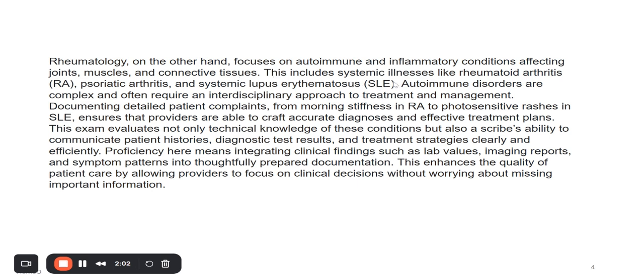This includes systemic illnesses like rheumatoid arthritis, RA, psoriatic arthritis, and systemic lupus erythematosus, SLE. Autoimmune disorders are complex and often require an interdisciplinary approach to treatment and management. Documenting detailed patient complaints from morning stiffness in RA, rheumatoid arthritis, to photosensitive rashes in SLE ensures that providers are able to craft accurate diagnoses